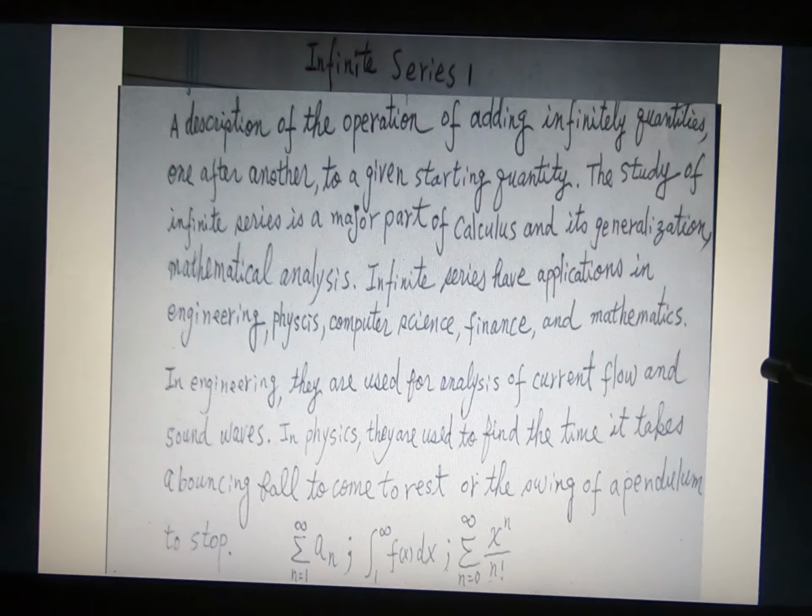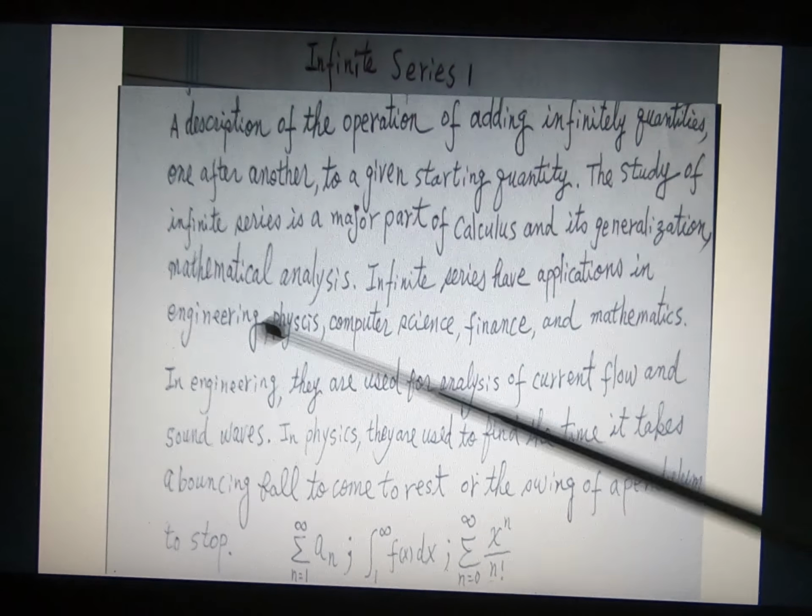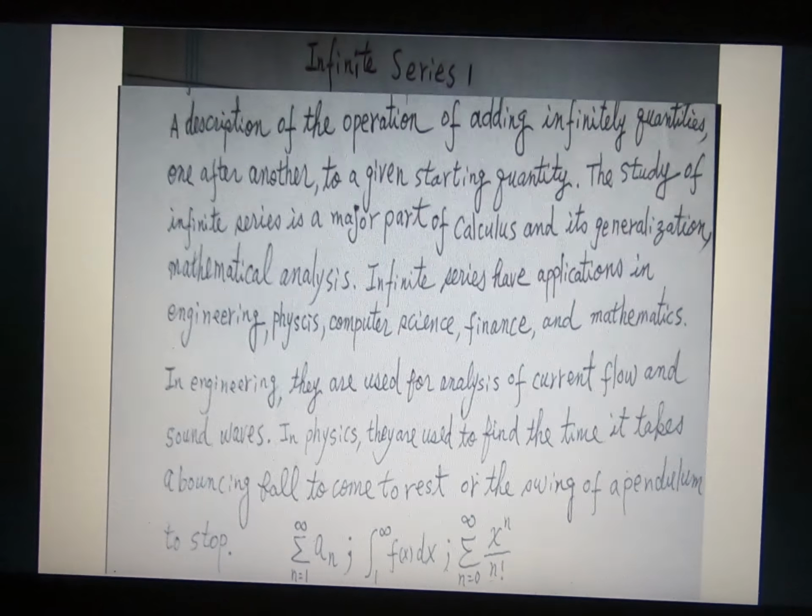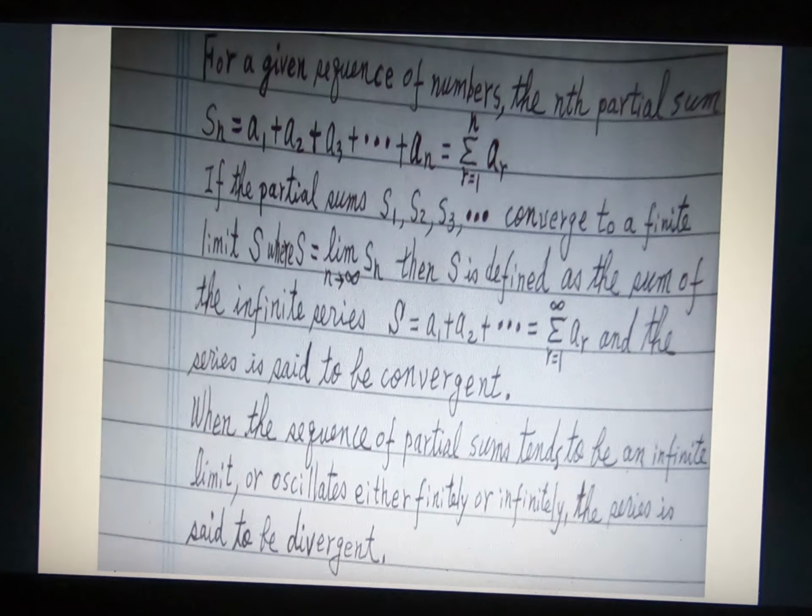For example, these are the infinity series from 1 to infinity, and you have many applications in engineering, physics, computer science, finance, math. For a given sequence of numbers like this, this is the way you find the final limit